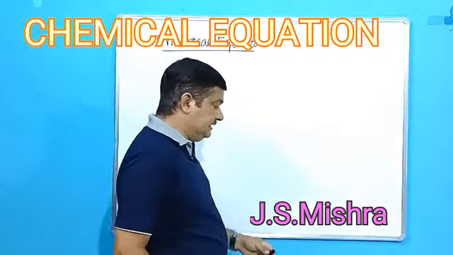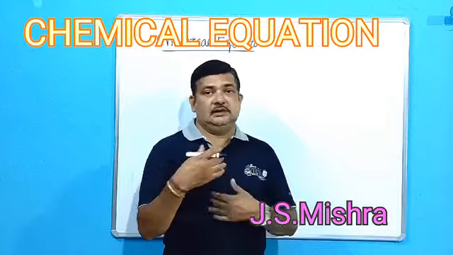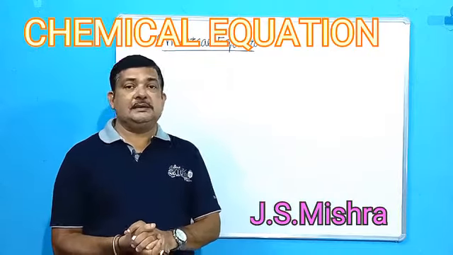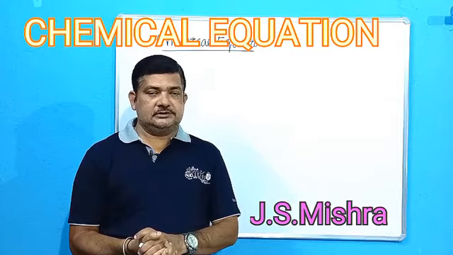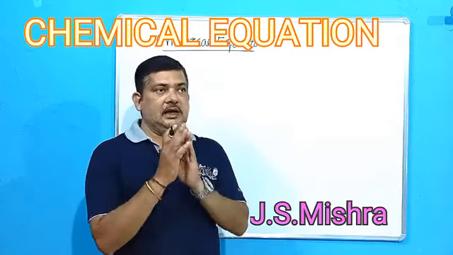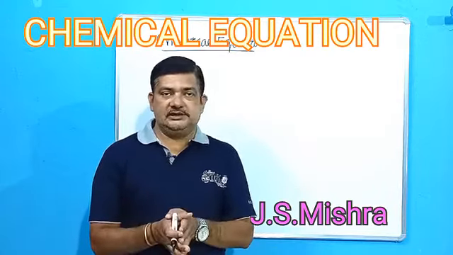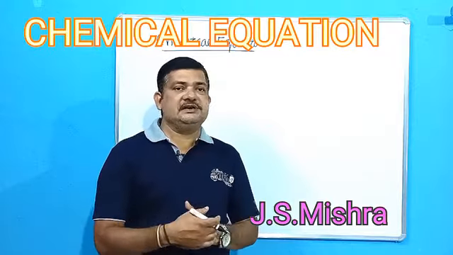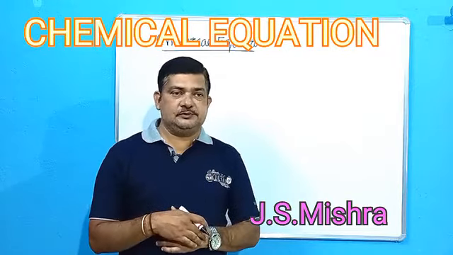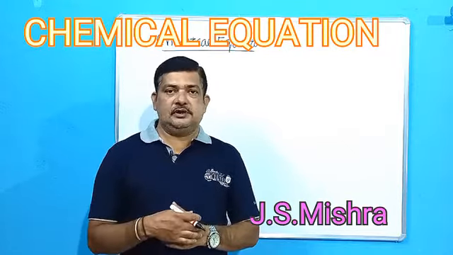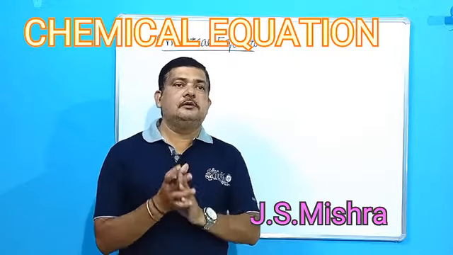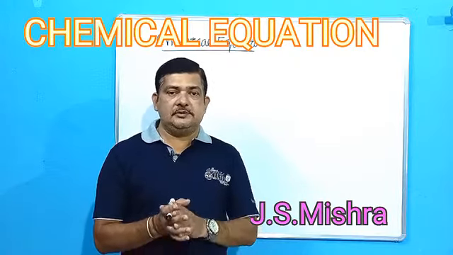So, I briefed regarding chemical equation in the last class. Again, we are starting from the beginning. So, what do you mean by chemical equation? Suppose I want to say that hydrogen combines with oxygen to produce water. In order to represent a reaction actually taking place, when hydrogen combines with oxygen it produces water, you know that. So, suppose we want to represent it, how can we express it?